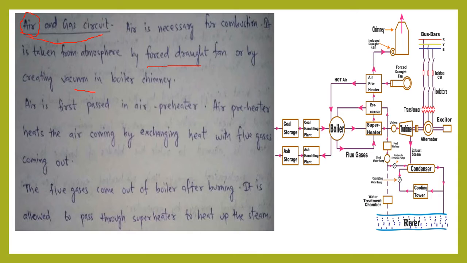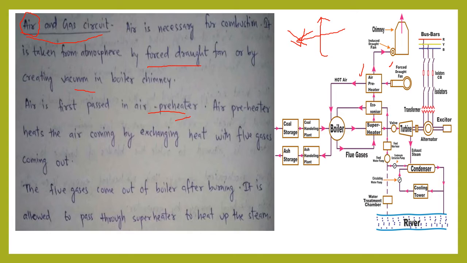After passing through the induced or forced draught fan, the air goes to a chamber known as the air preheater. In the air preheater, we utilize the combustion gases. The gases produced by the combustion of coal come into this chamber, and the inlet air and the hot flue gases interact for a little while. This is done to heat up the inlet air. The inlet air is heated by the heat energy of the flue gases.